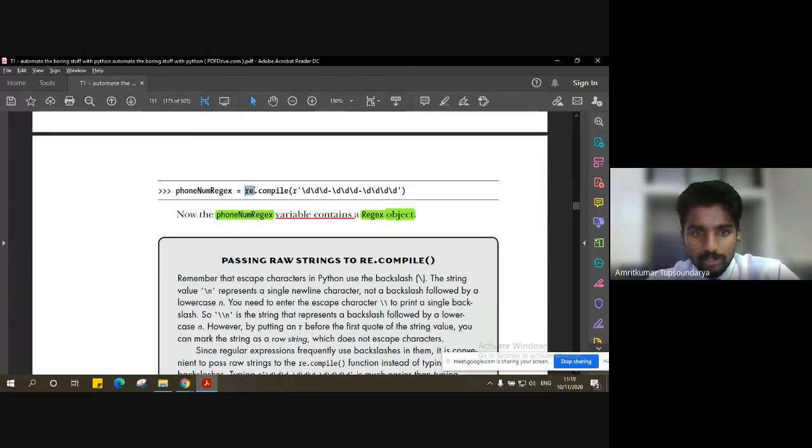First, the name of the module, followed by the dot operator, as we have seen so far, and then the name of the function that we want to execute under the module. So re.compile, followed in parentheses by the syntax, or you can say the regular expression. Our regular expression is the phone number, which is a single digit numerical value from 0 to 9. We include 3 digits, separated by a hyphen, again 3 digits separated by a hyphen, and ultimately the remaining 4 digits, making it 10 digits.